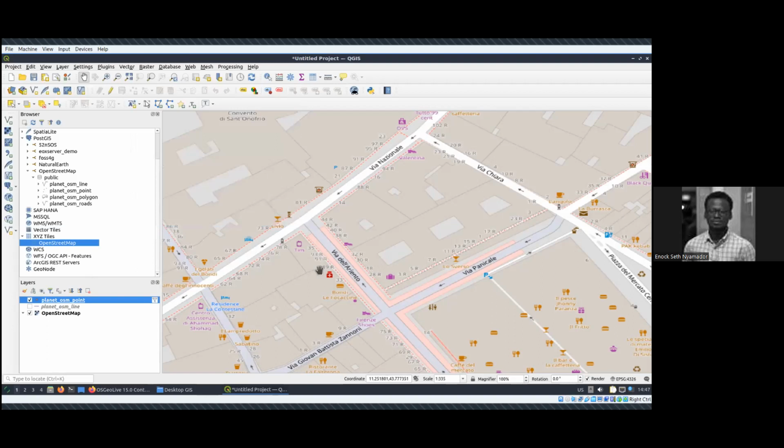Now, OSGeo Live as an operating system can run on a computer within your department. Maybe you are working in a municipal assembly or a district, and you want to stop sharing data on a USB stick. So long as there is a small network in the office, everybody can connect to the database and work concurrently.